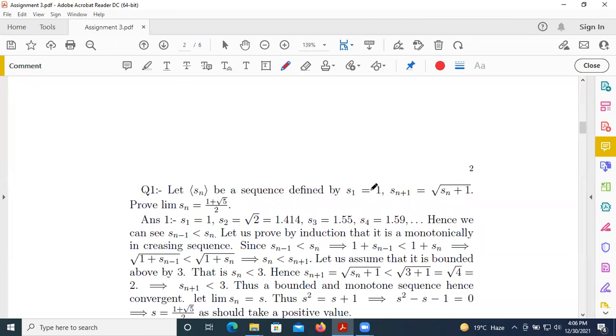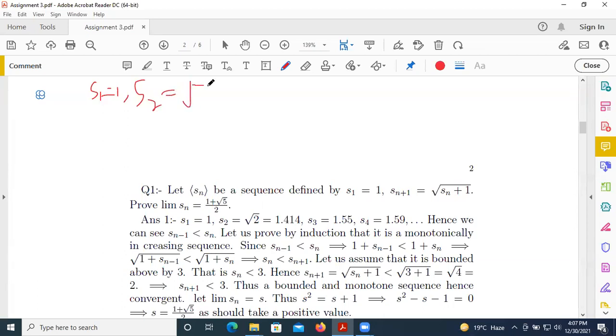Here, first we define the sequence given that S1 is equal to 1. Okay, and the other elements are defined by this relation. So S2 is equal to